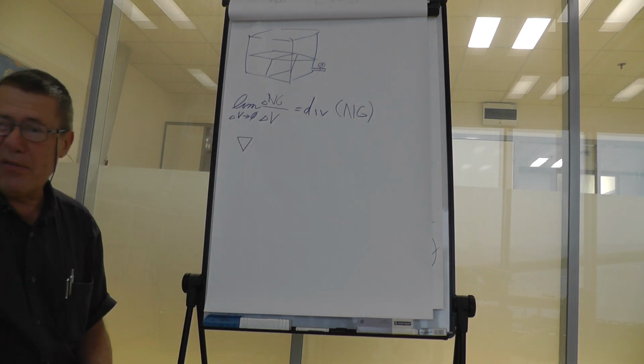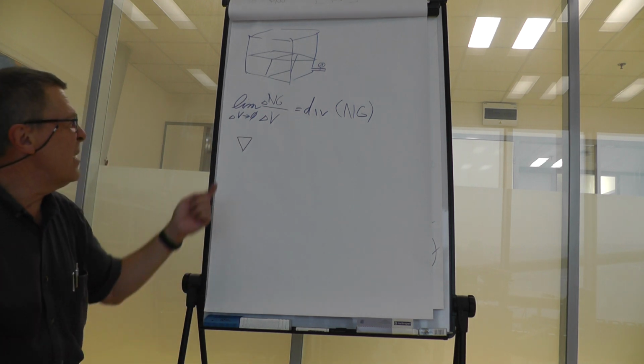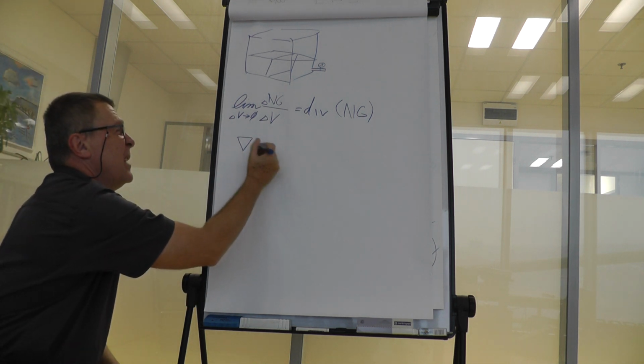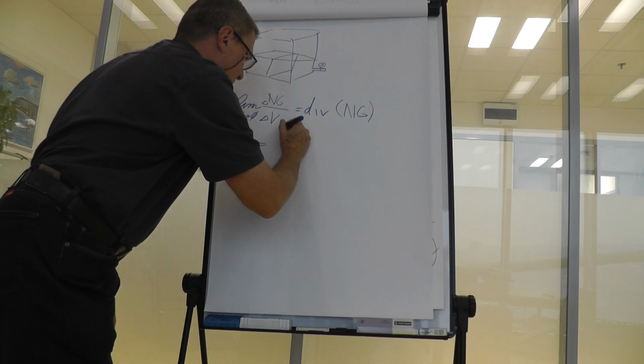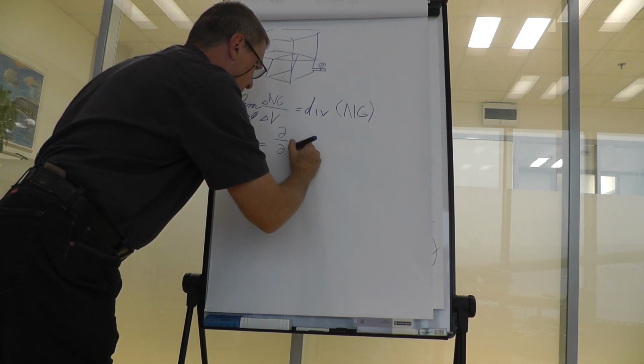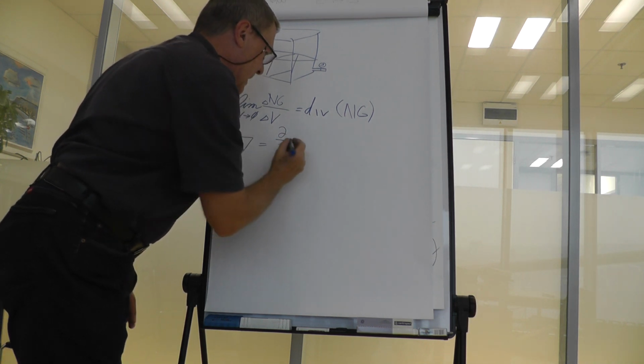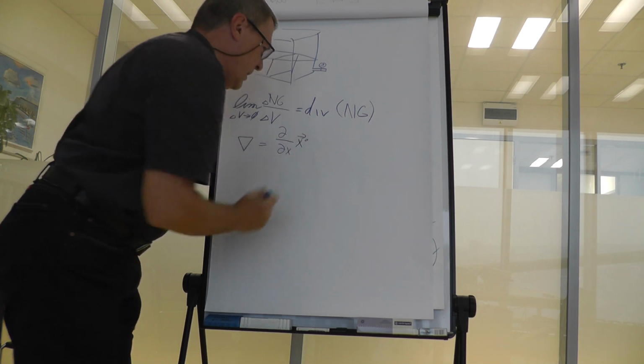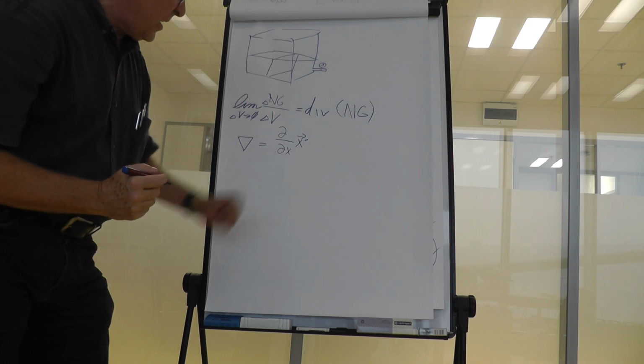This is the nabla operator, and it follows that nabla in Cartesian coordinates is the partial derivative against x multiplied by the unit vector in the x direction